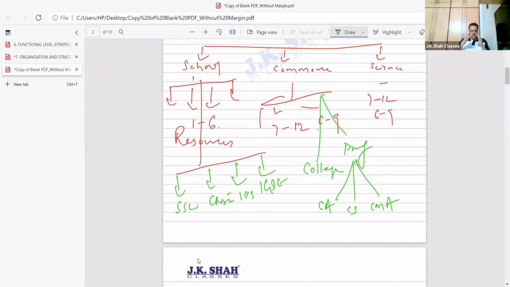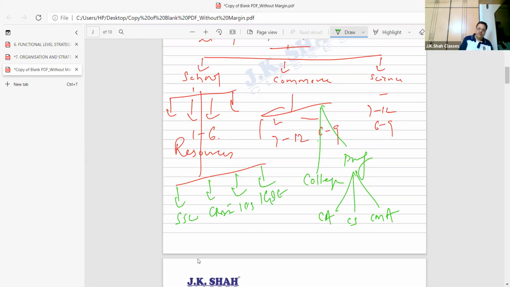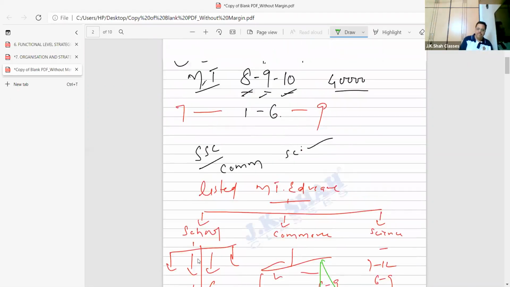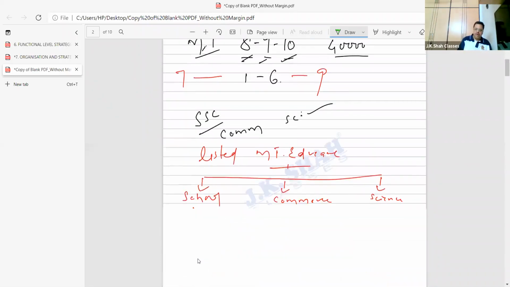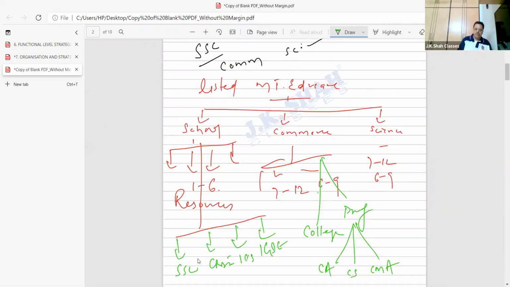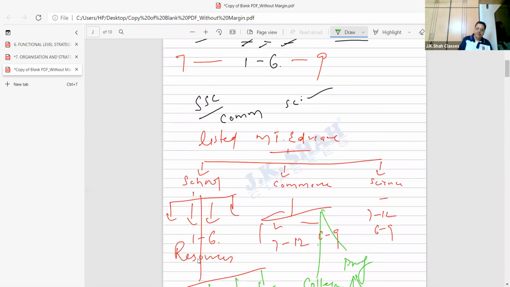So divisional becomes multi-divisional structure and business becomes very big. This is the way students, a structure when it is developed, it can be called as what? Come on, tell me. Divisional structure. And with all this particular green color pen, what I showed students, it becomes a multi-divisional or M form of structure. Agreed? Understood?